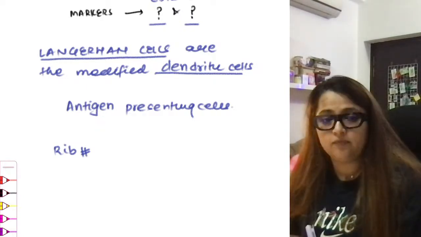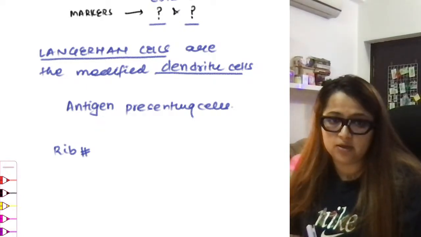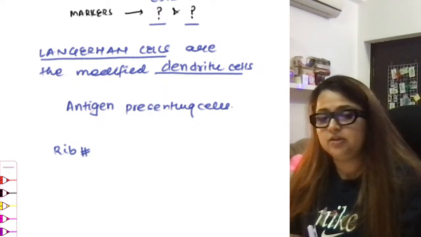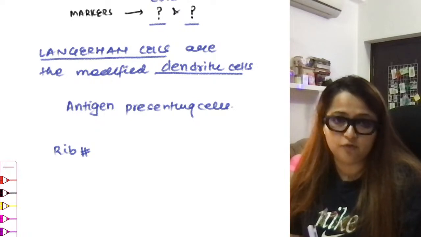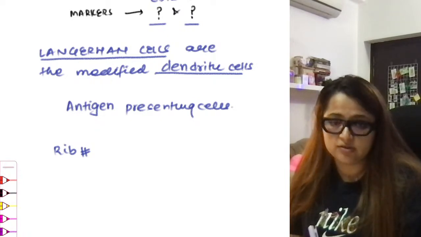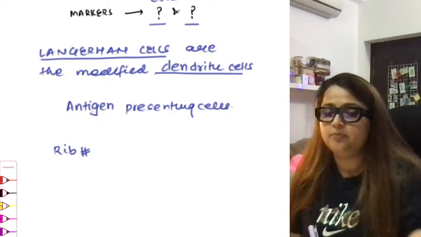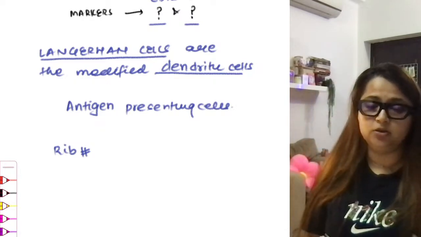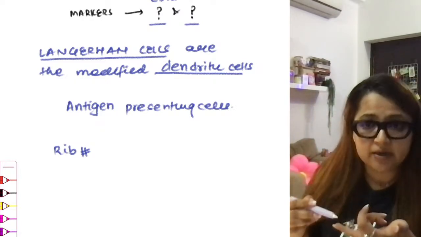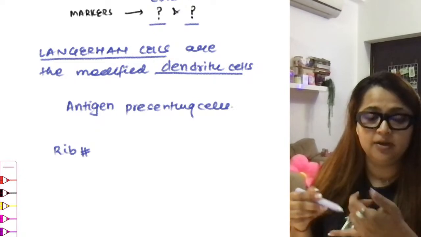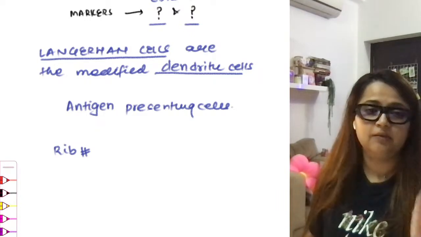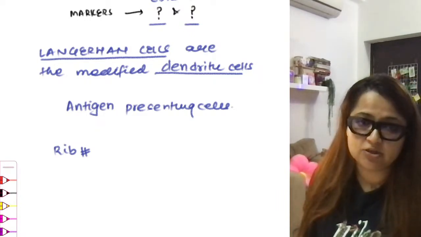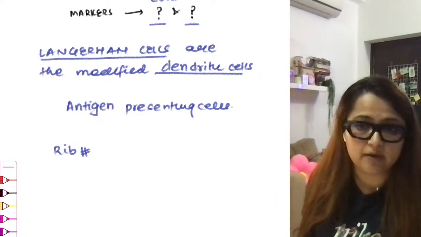This female came with a rib fracture and she was not giving any history of a particular trauma. So with minor trauma or without any precedent history of trauma, if the patient is having fractures, then you need to evaluate that patient according to the age group, and you need to look for metastasis, or you need to look for multiple myeloma. All right, so there are different differentials. Now here this patient came with a rib fracture, and ultimately investigations were done and she was diagnosed to have Langerhans